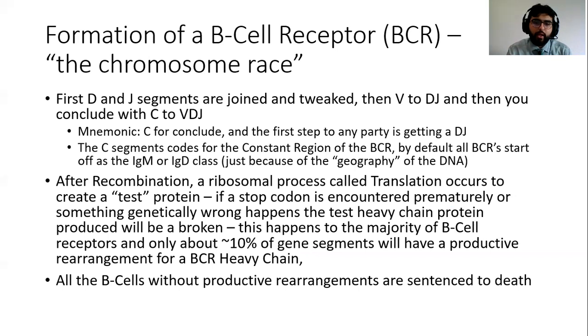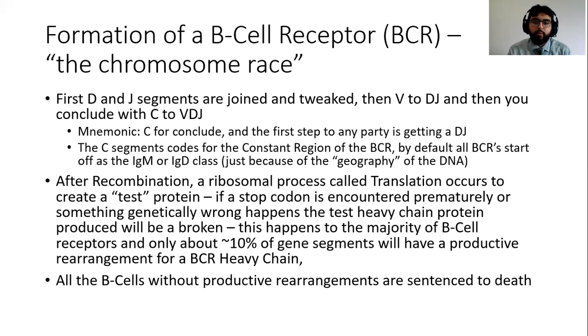So yeah, again, just going back, like we said, the chromosome that makes the heavy chain first is going to be the winner, and that's the one that's going to provide the code for what that B cell's receptors will look like. Essentially these chains are produced and then tested in a sense: is it productive, is it a functional protein? If it is, it will proceed to start coding for a light chain, and if not, then it will